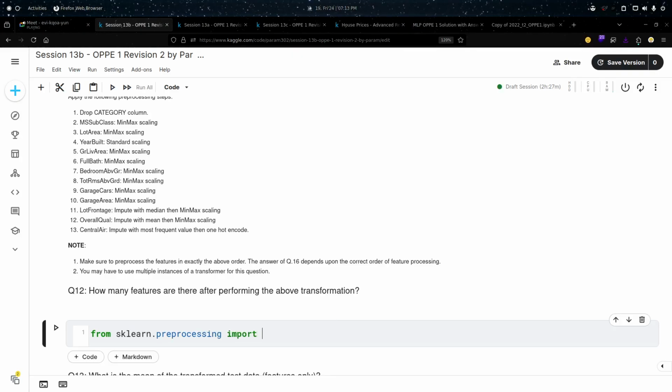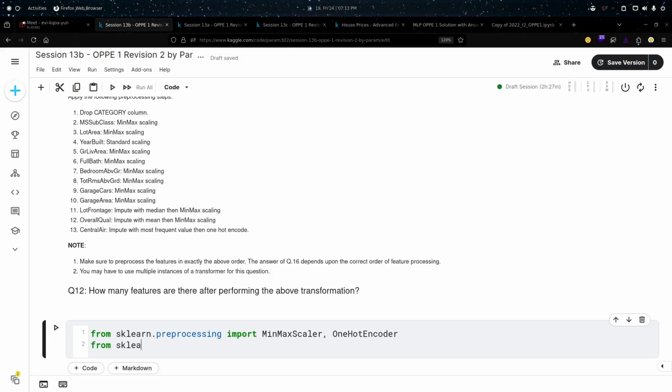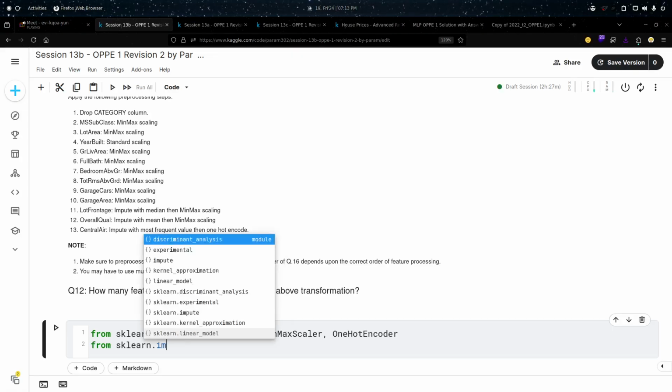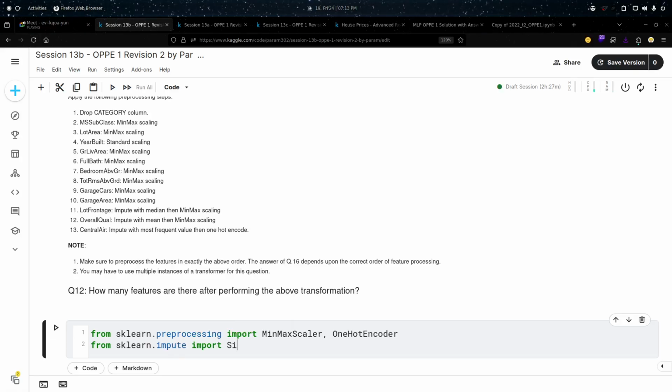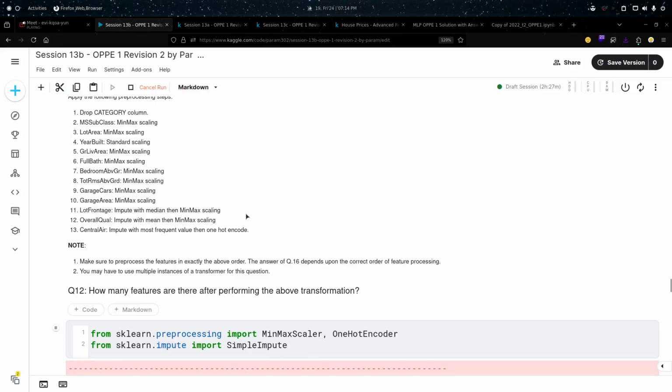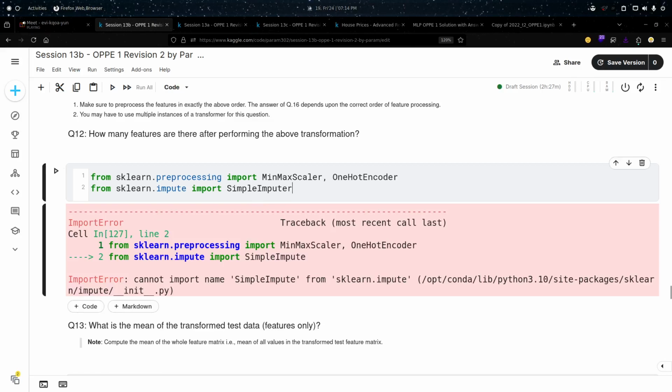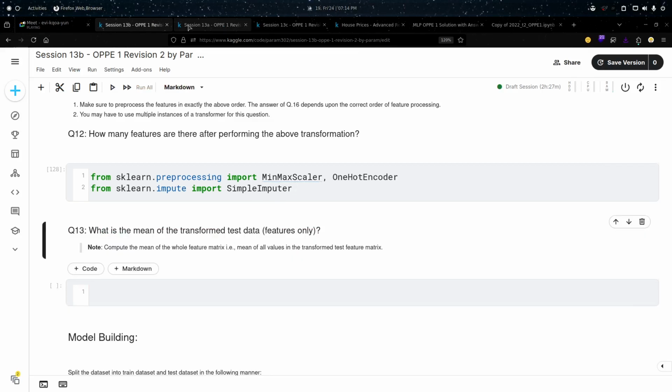Sklearn.preprocessing. Yeah, preprocessing import min-max scalar. Okay, then in the preprocessing itself, we have the one-hot encoder. All right. Then for the imputer, sklearn.impute. Yeah, this is basically practice से पता चलेगा. Even if I stop doing all this for let's say a month, then मैं भी भूल जाऊंगा कि imputer किसमें था and min-max scalar one-hot encoder किसमें था. So that's why they are giving us that reference guide also.